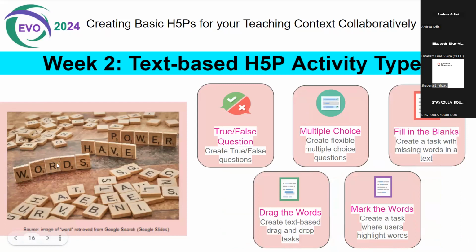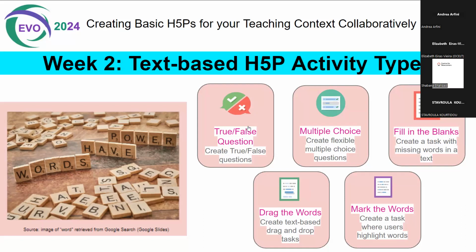Of course, these activity types can also have images, audio, and video, but we are going to concentrate on the text-based kind. Then in the coming weeks, we are going to reuse some of these activities, adding images, audio, and video.